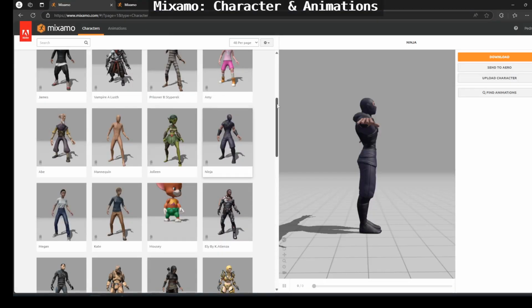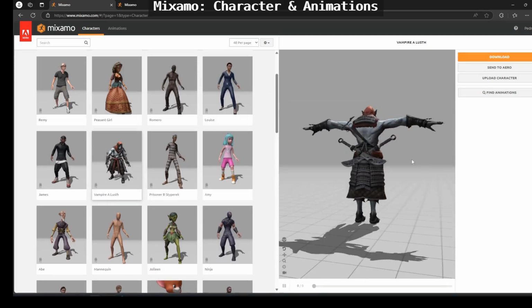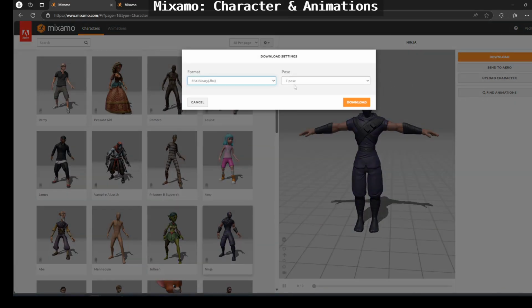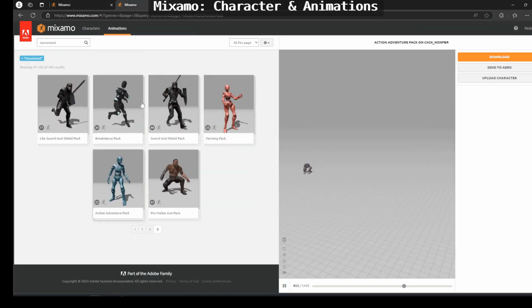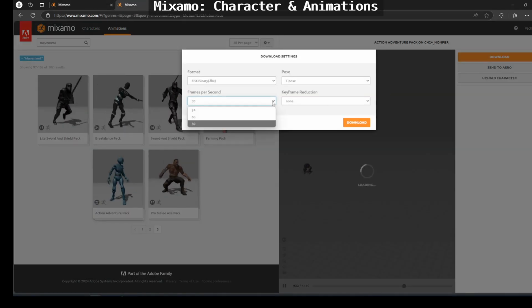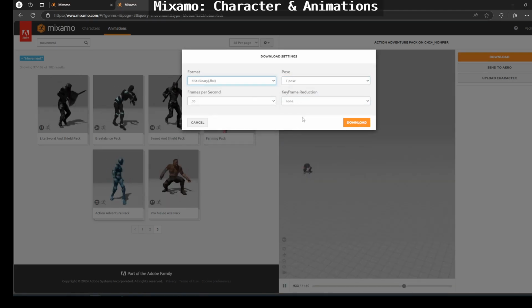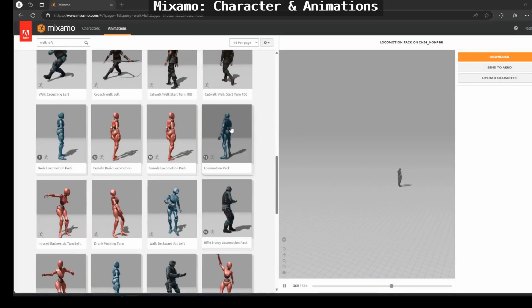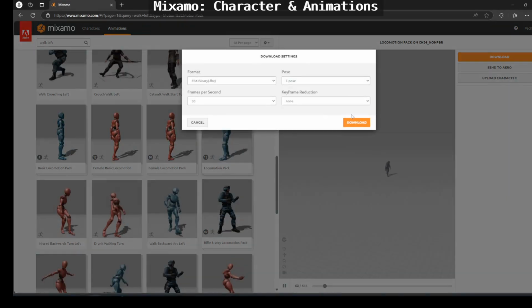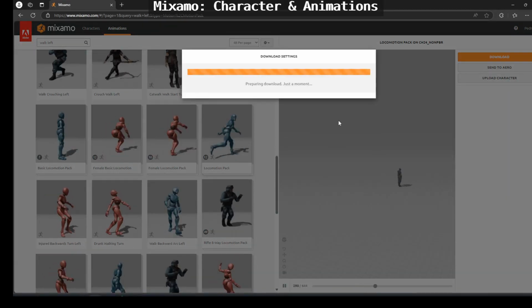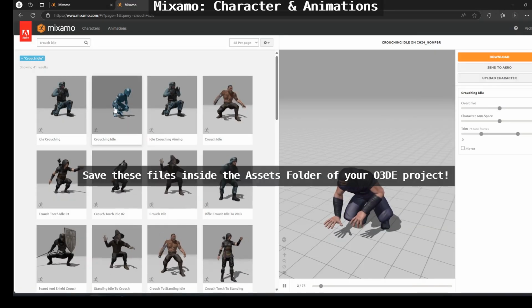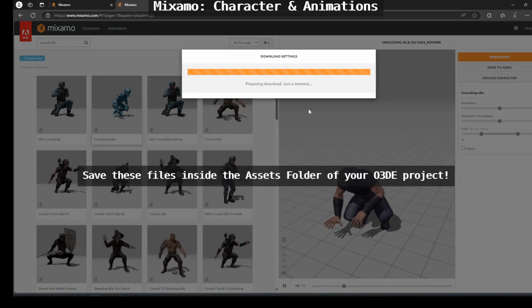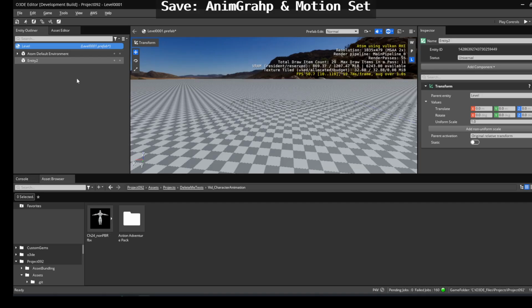You will start by downloading a character from Mixamo or any other source, or you can create your own character. Since this is just a demonstration, we will download a character that is available for everyone, as well as the animations. In my case, I just downloaded the Action Adventure pack, which has most of the movements that we'll use. I also downloaded the Locomotion pack. For crouching, you will need two more, the crouch walking and the crouch idle, which are not included in the